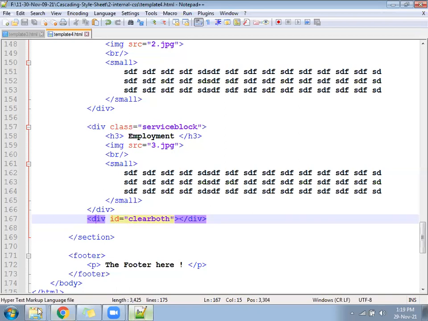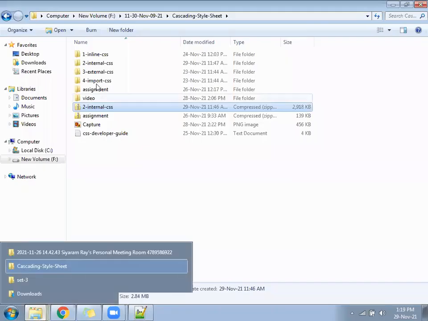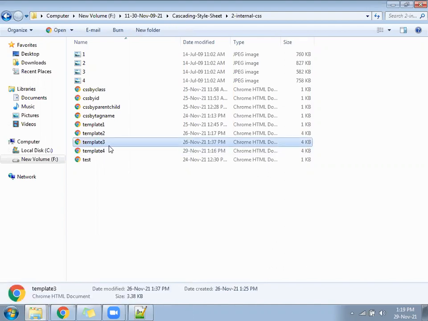Then this file I'll share in your chat. We'll create some 2-3 more files. You will get many ideas. But the photos you have received, I hope you will work on that and it will be helpful for you. Under the internal CSS, template number 4 I will share in the chat. Those photos you have received are also like templates only. Like this, template 1, 2, 3 you can design and you can see how that looks. Template 3 and 4 both came to your chat. Please download that.